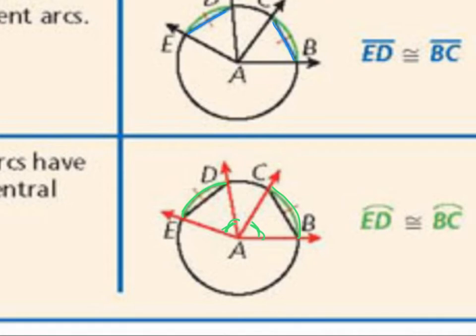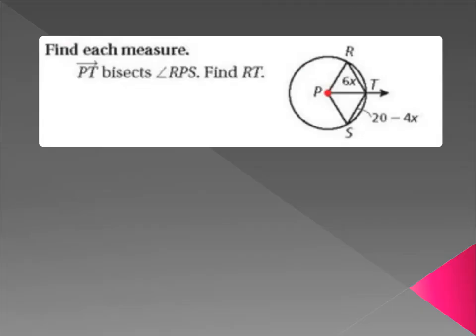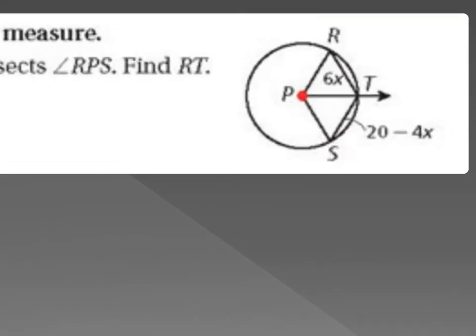Okay, now we're going to apply some of those theorems. So we need to find each measure. So PT bisects angle RPS. We need to find the length of RT. So if PT, this segment here, bisects this angle, bisect means that it cuts it in half. So we have two congruent angles here. If our angles, our central angles, are congruent,